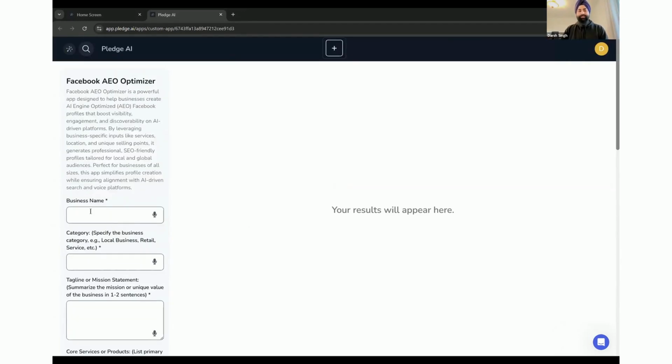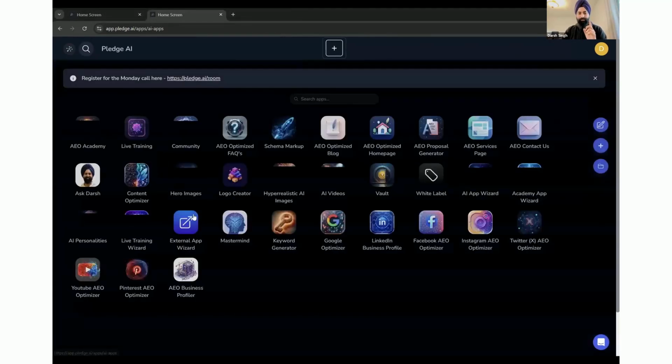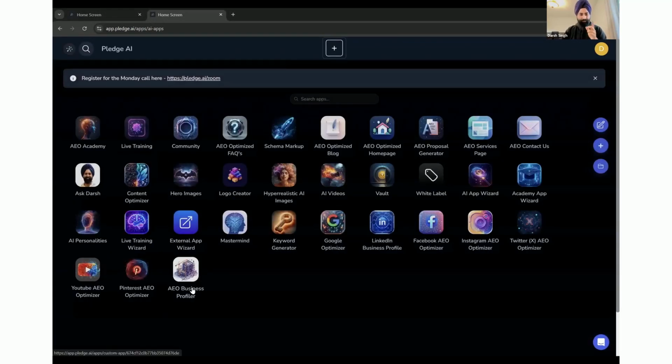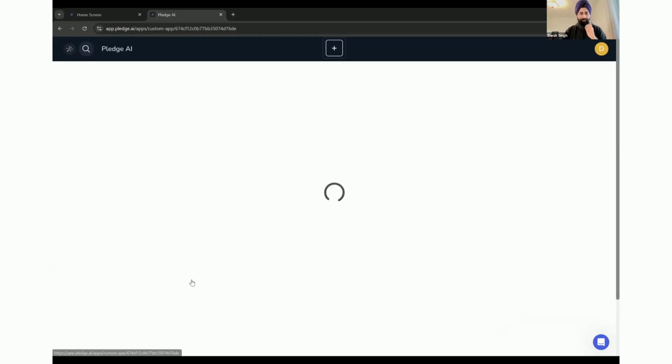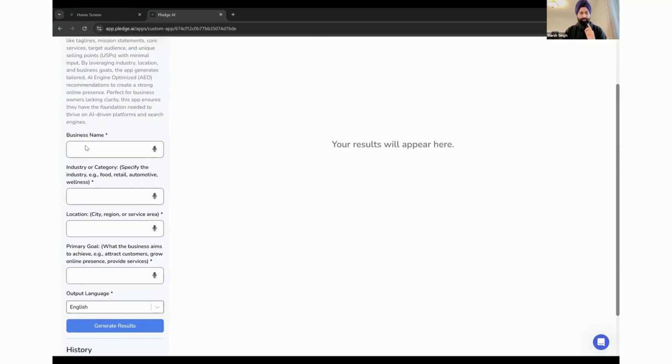And a lot of times people are not able to give you the right things, or they're not able to give you things in the right words. Now, this app that I've just launched, AEO Business Profiler, all you've got to do is give 4 inputs only: name of the business, industry,